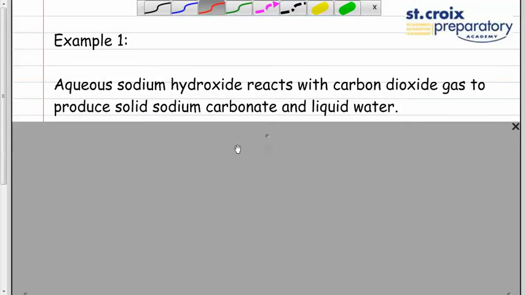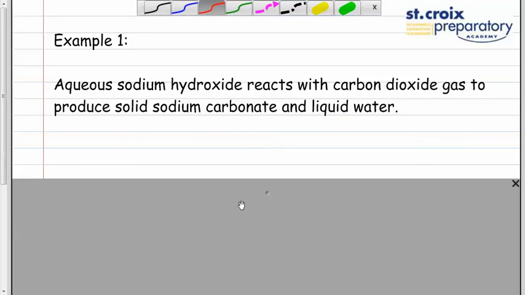In example 1, we have aqueous sodium hydroxide reacting with carbon dioxide gas to produce solid sodium carbonate and liquid water. The first thing I need to do, of course, before I can do any calculations, is figure out my balanced chemical equation. So first of all, I have sodium hydroxide, an ionic compound. I know that Na will have a charge of +1 and OH -1, so I'm balanced in that formula like so. And we're reacting here with carbon dioxide gas,